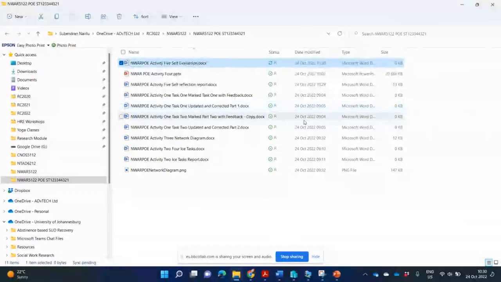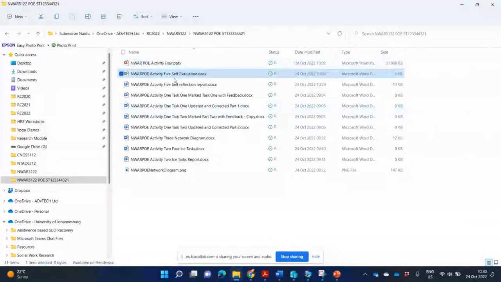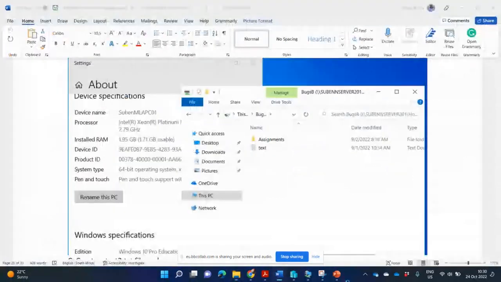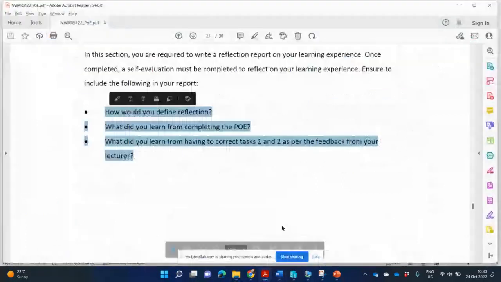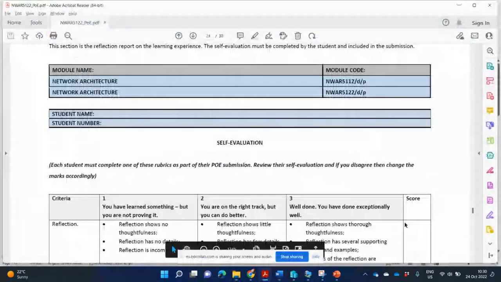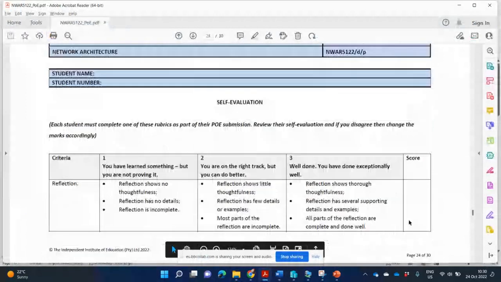So for the self-evaluation, I'm going to copy that table from this PDF document. So there's the self-evaluation. Let me copy this